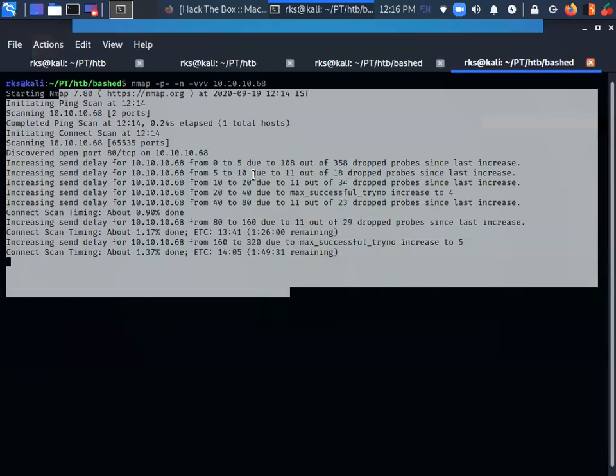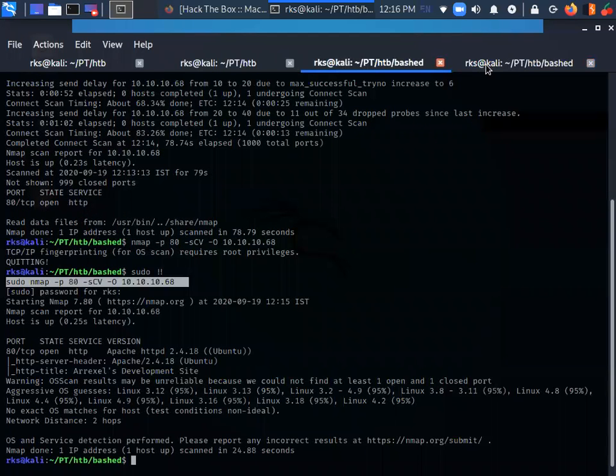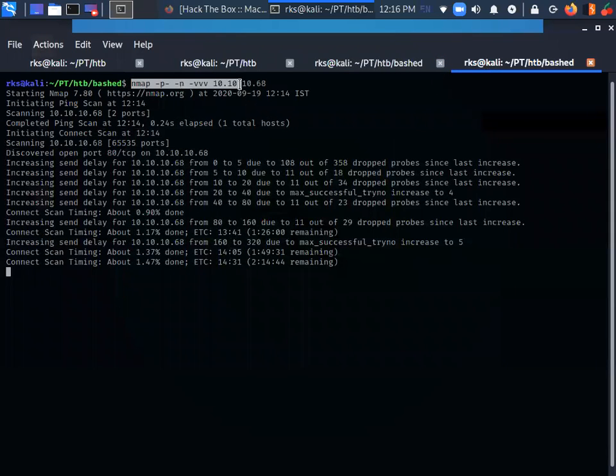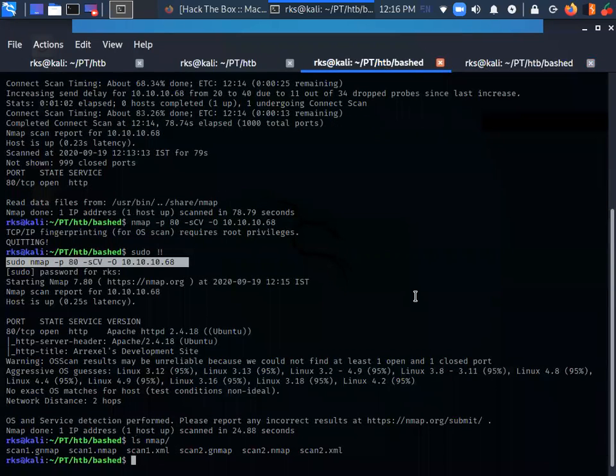Meanwhile, the full port scan is running, and in the full port scan, I have found that port 80 is open here. So, Risha, here we don't need to save any output. We need to save the output, but what I am doing is not saving it because I have already run these scans. Let me just show you. I have these scans here. Cat scan.